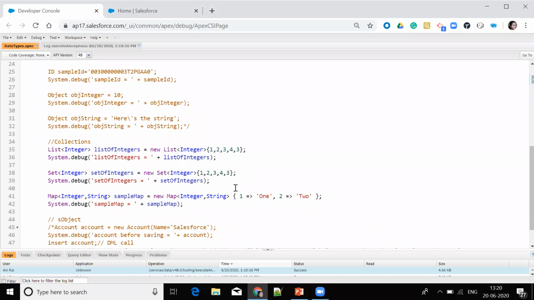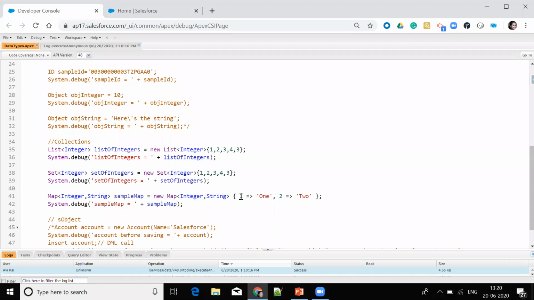While set is a collection of unordered elements and it doesn't contain duplicates, so it will remove 3, which I have taken twice, automatically. And then map is a collection where we have a key value pair and where key is always unique.